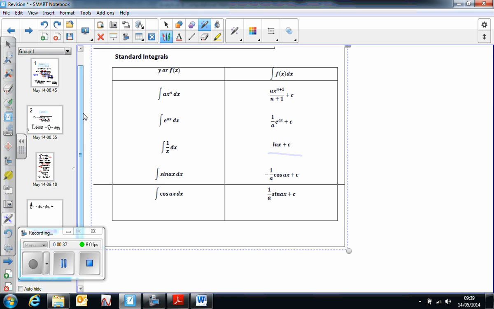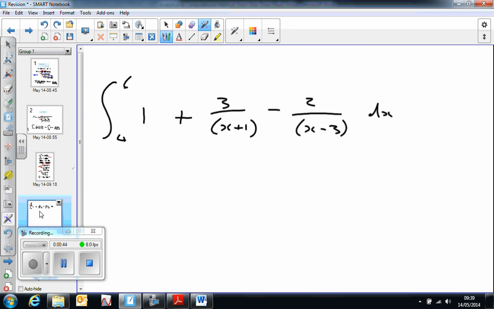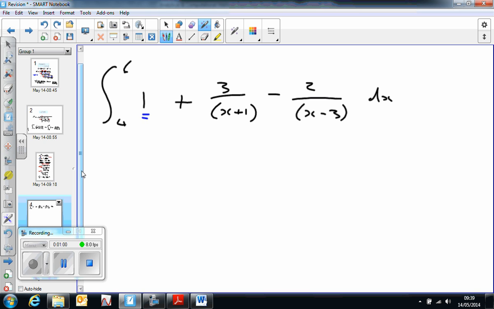This first one, I suppose, is to do with this. Add 1 to the power divided by the new power is the first one. So actually this becomes just x. It's like 1 lot of x to the power 0. And so when I add 1 to the power, it becomes x to the 0 plus 1 is 1, i.e. the x reappears. So a constant, when you integrate it, the x just reappears, or the t, whatever the variable is. In this case I'm integrating with respect to x, so it'll just be x